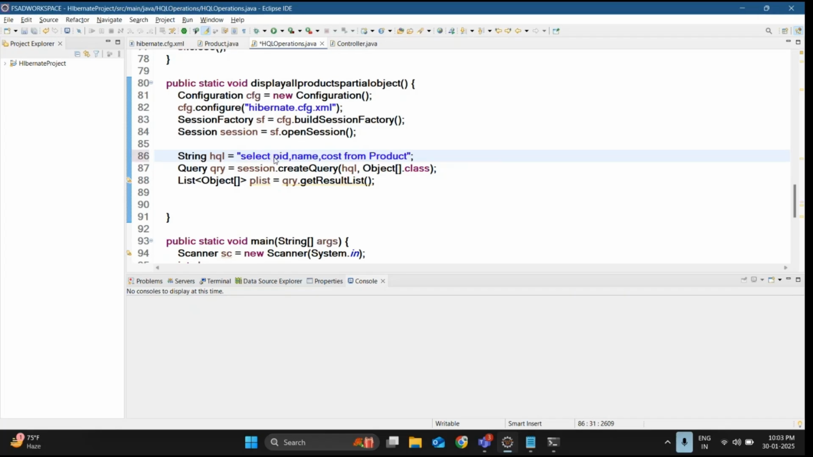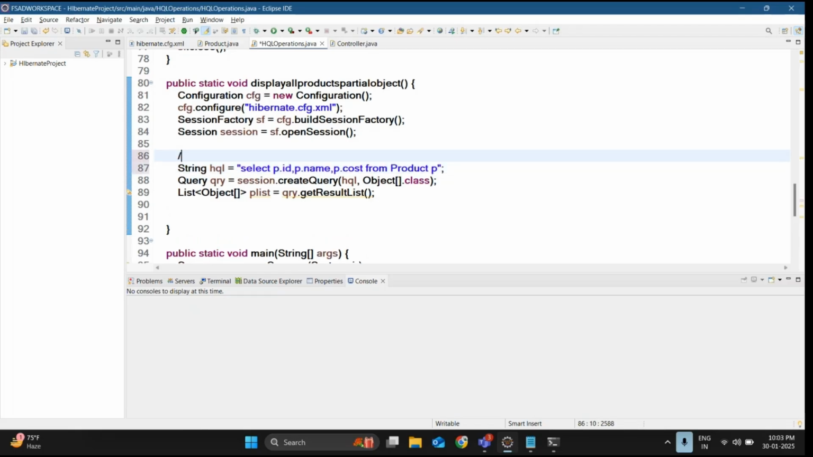Alias we take. Let me explain you clearly: p dot id, p dot name, next p dot cost here. p is nothing but an alias or a reference. p is a reference object or alias of the